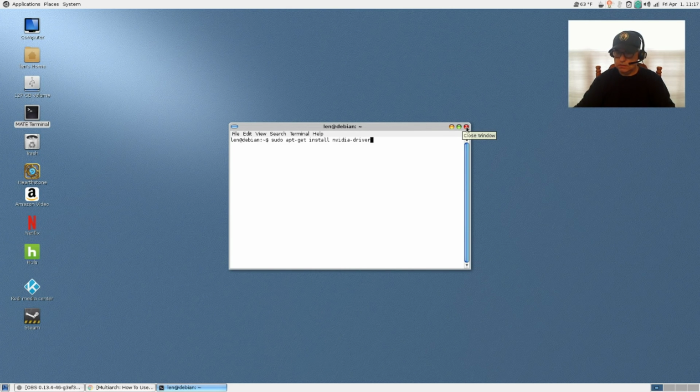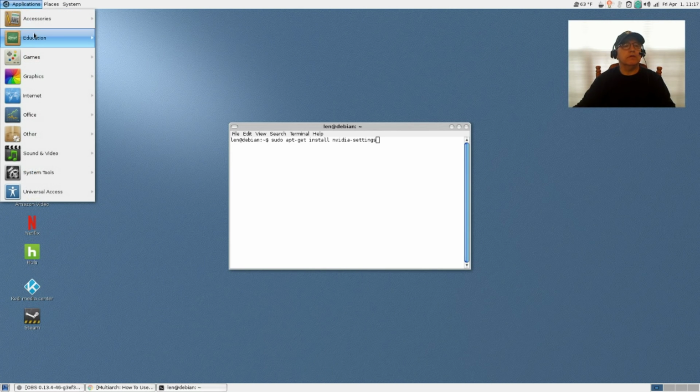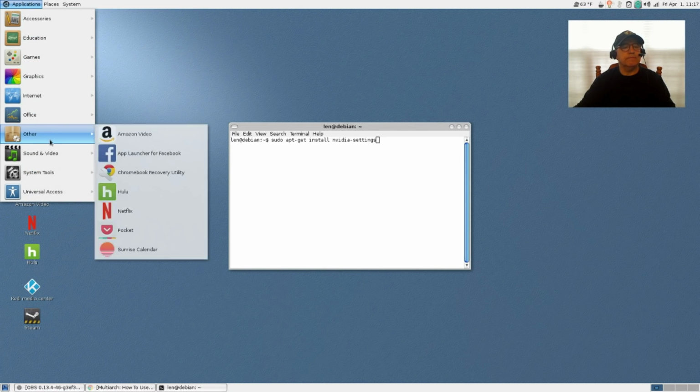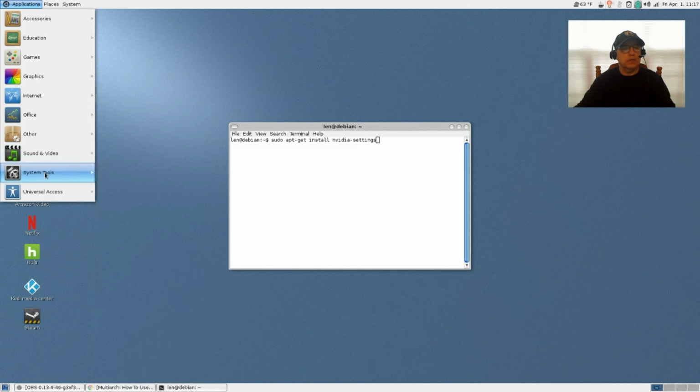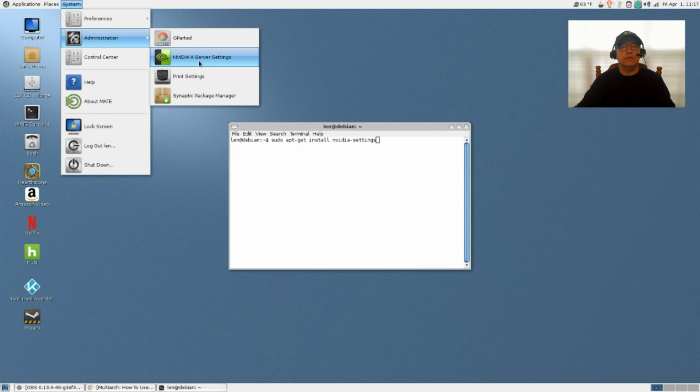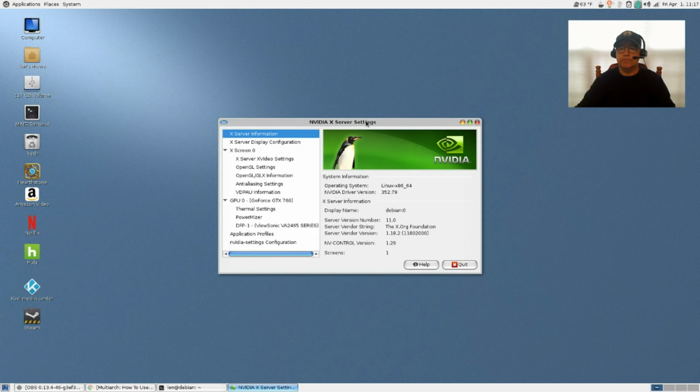That's fine. But before you reboot, you want to install nvidia-settings. So once you finish your install of the Nvidia driver, you want to go install nvidia-settings. Once you reboot, it will pick up your driver, and it'll also give you the Nvidia settings menu.